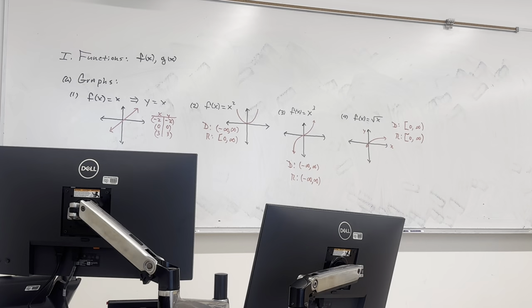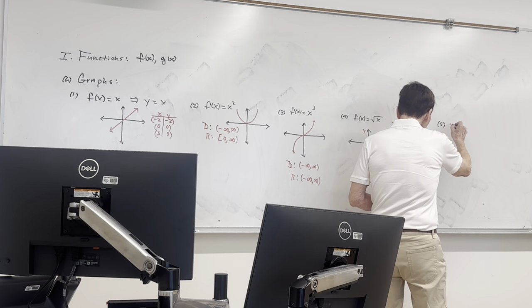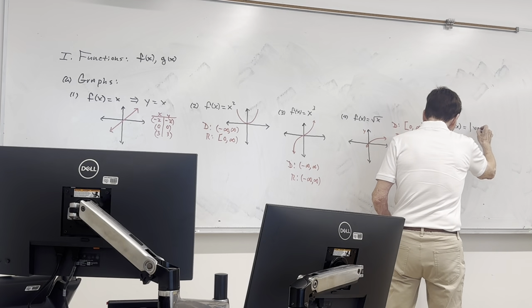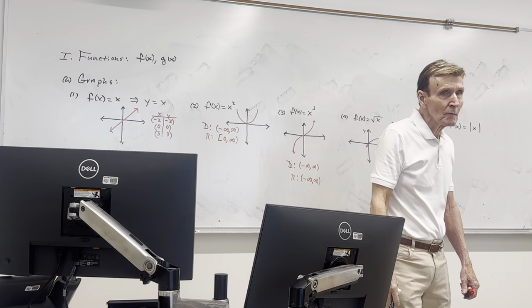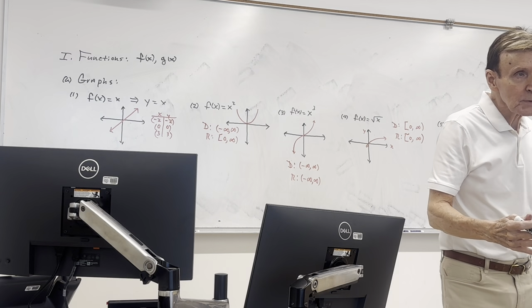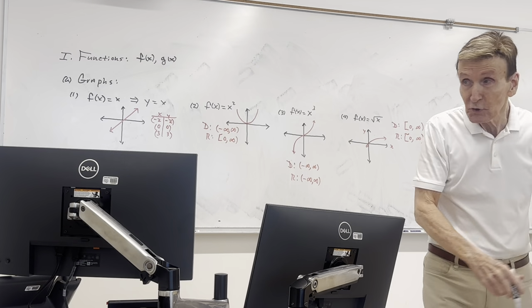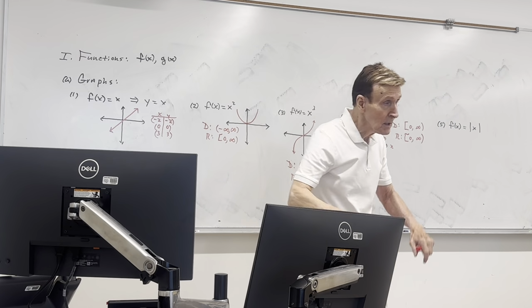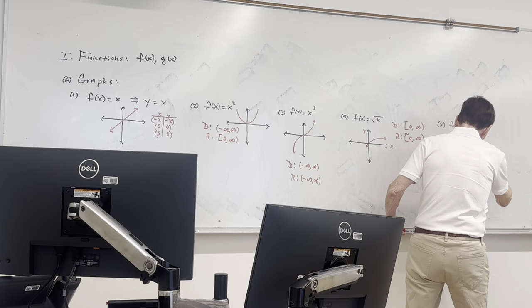Now though, I want to do this. There are some unusual ones. Number 5, I'm going to do one more here. F of x is equal to, and many of my students may recognize it. First, what does that represent? Absolute value. Okay, now I could do this, form a table, plot points from that table, connect my points and get a sketch. But since I'm cut short on time,